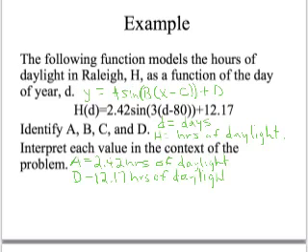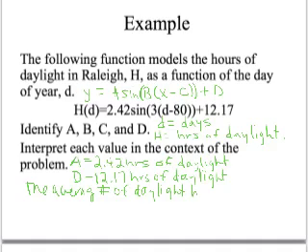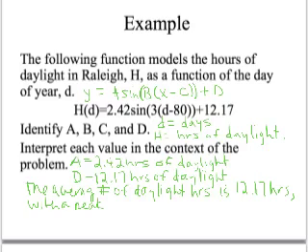So if I wanted to interpret this, I would say the average number of daylight hours is 12.17 hours with a peak of whatever 12.17 plus 2.42 is, 14.59